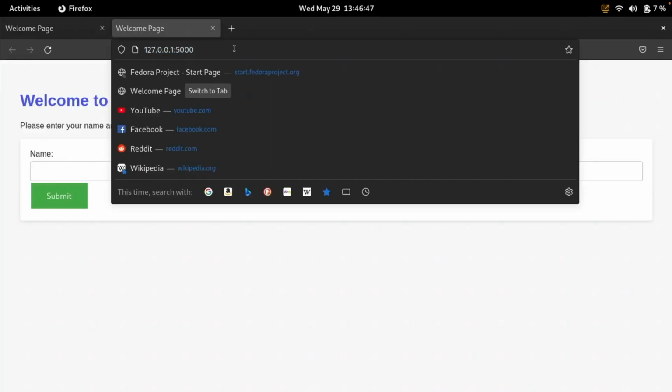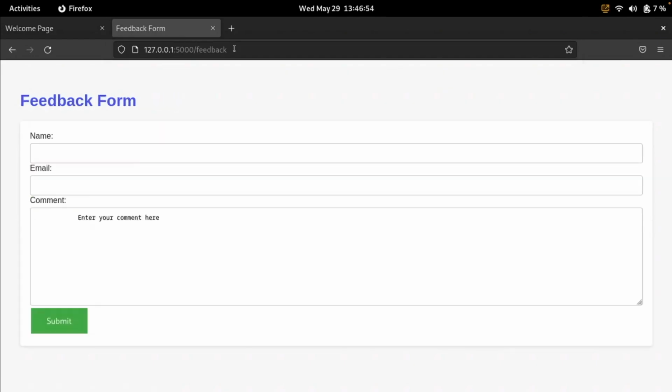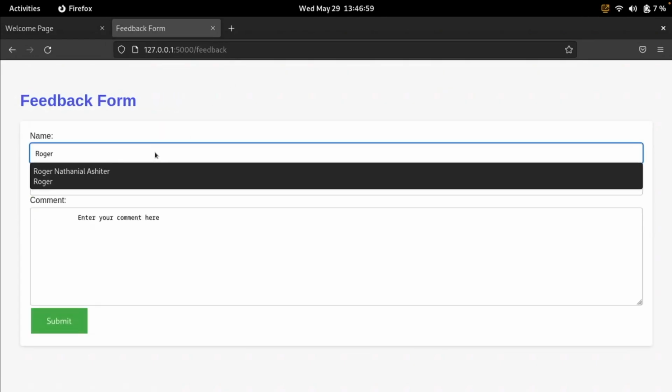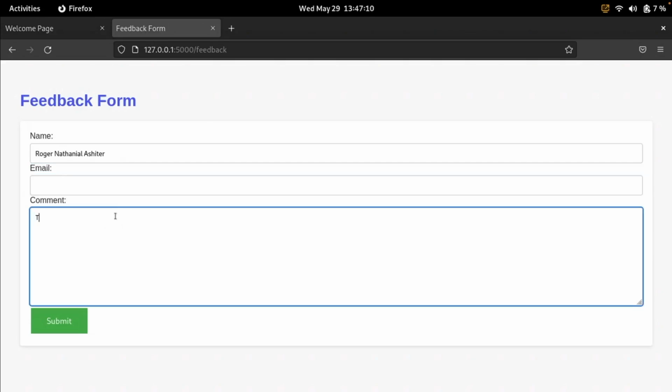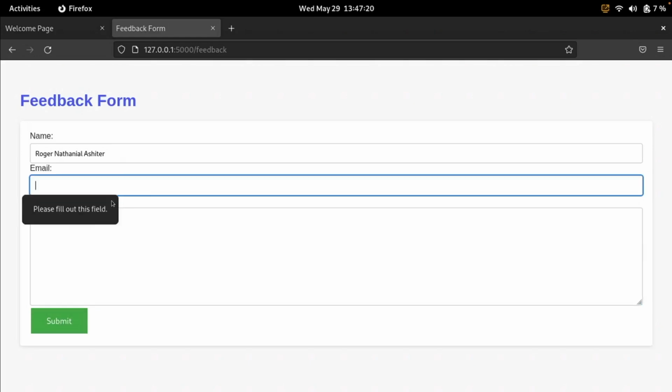But what we want to do is actually go to the feedback route that we created, which will load the form here. I'm going to put in my name, and then I'm going to say this is my feedback, but I'm going to leave the email alone and press submit. And we get the validation from the browser that this form needs to be filled in. All right, so let's put in